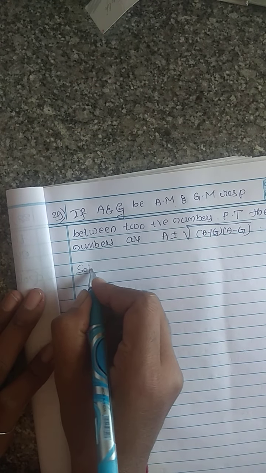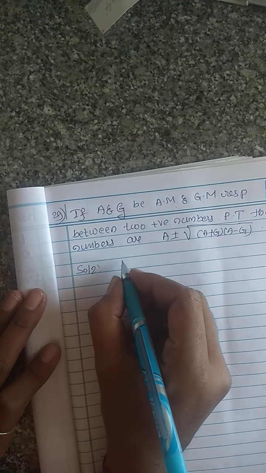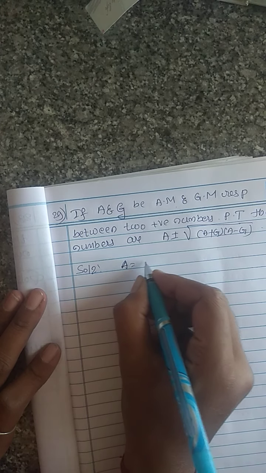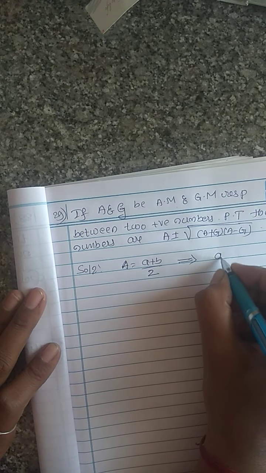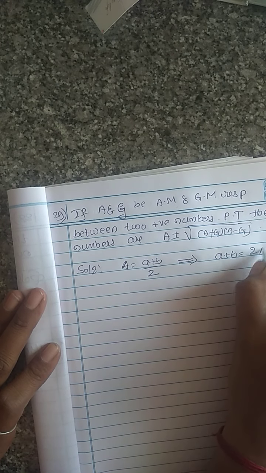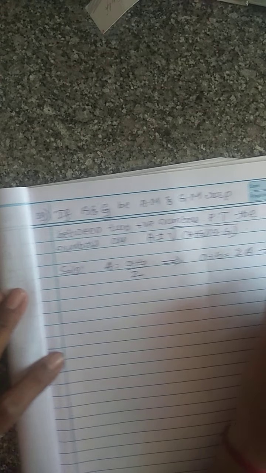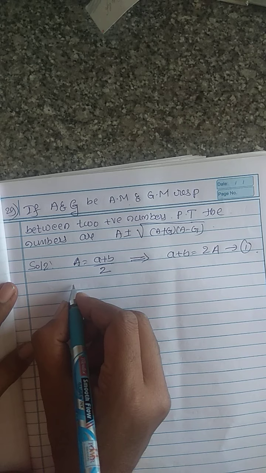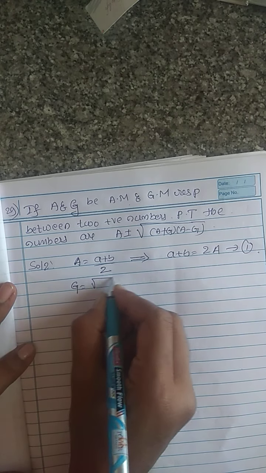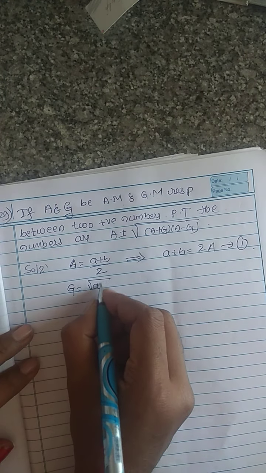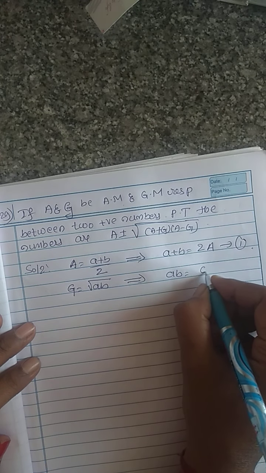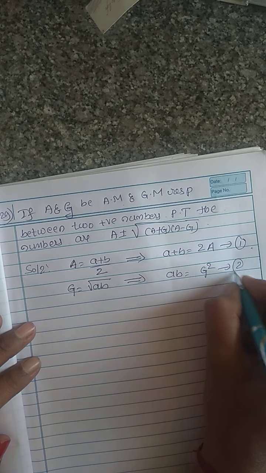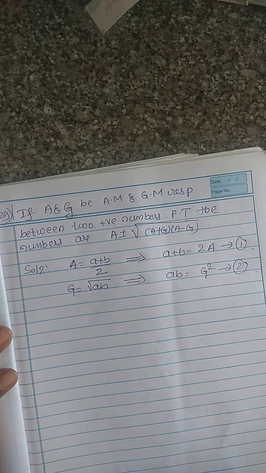So consider here arithmetic mean as A equal to (a plus b) by 2, or you can write a plus b equal to 2A. Call this equation 1. Next, geometric mean, consider that one as G equal to root of ab, or you can write ab equal to G square. Call that equation 2. Therefore consider here